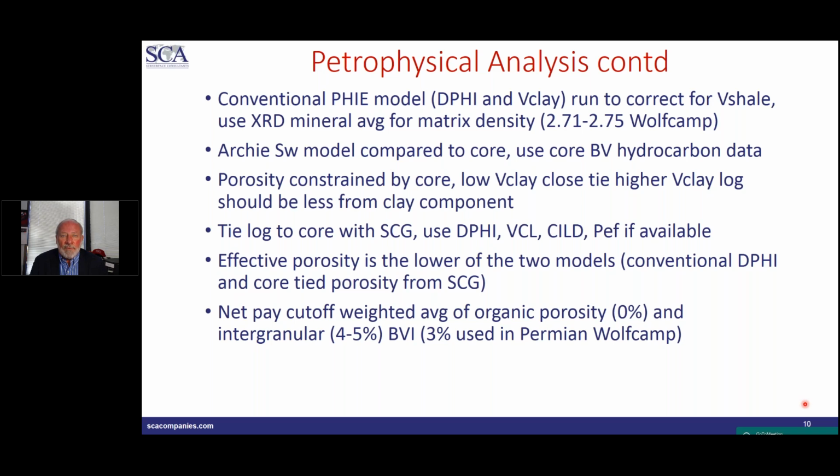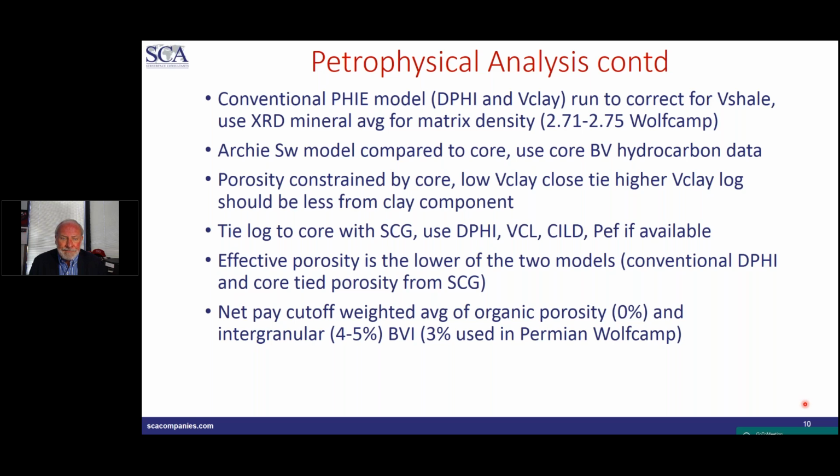Then what we found fortuitously, and we were concerned about this when we started, is that we have to do zoning, with just organic for one part and inorganic for others, intergranular for others. But we found that typically the lowest of the two is correct. So that was good. And for net pay cutoff, we try to weight the percentage of organic porosity and inorganic porosity